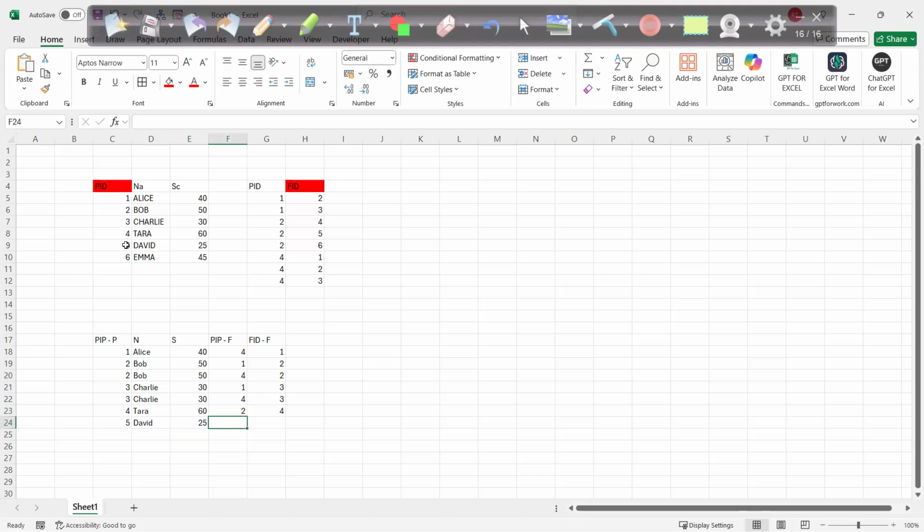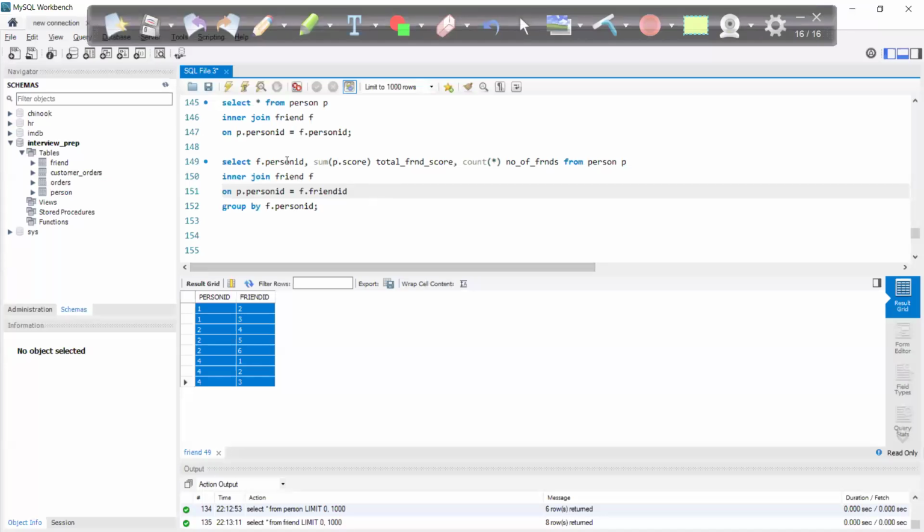PID is 2 and 6 की 45 is the score. 6 joins with 6. There is only one entry for 6, which is 2. 1 2 3 4 5 6 7 8। ठीक है, तो ये मेरा जॉइन आउटपुट हो गया।